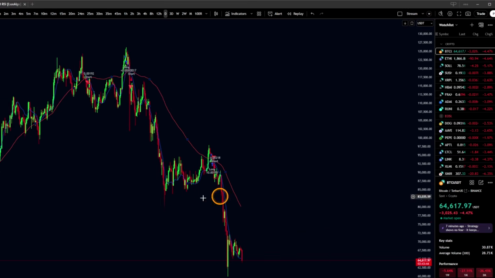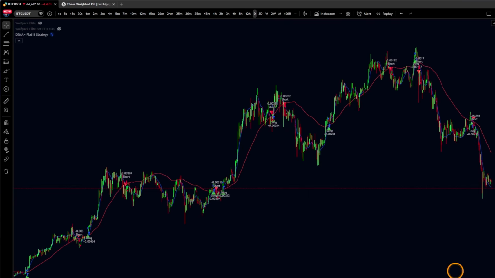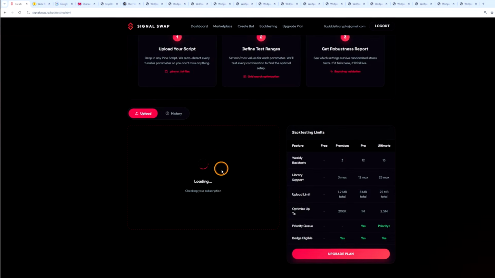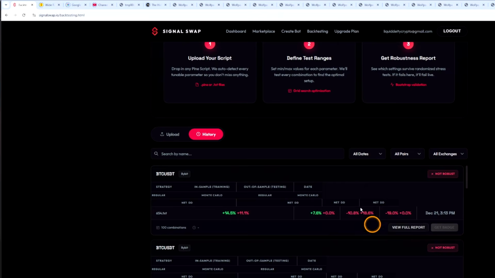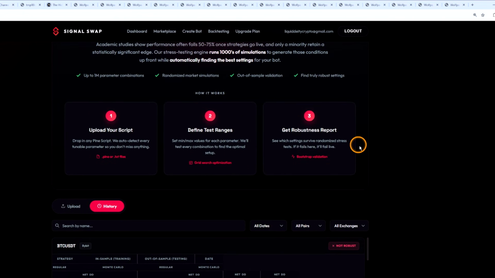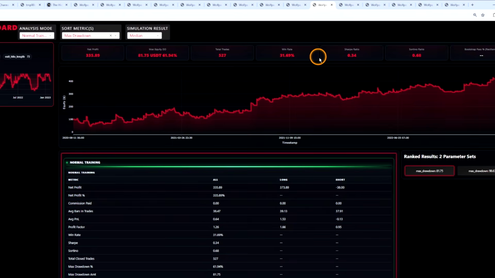And so, yeah, you can do this on TradingView. It's just really challenging, and that's why on SignalSwap I've built in the backtesting dashboard. So with this dashboard here you can run through your backtest just like I'm doing here on my own custom Python script, which I can show you guys how to build a quick version of. The version you're seeing on screen here with all these variations took me a full year to develop,